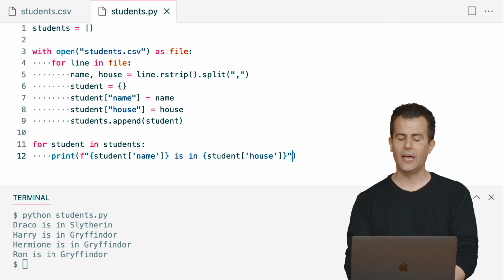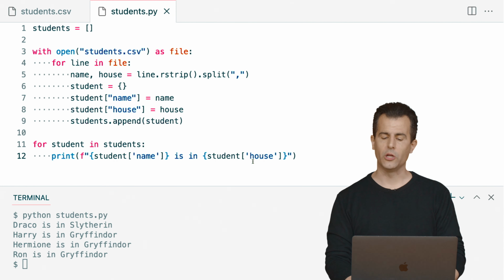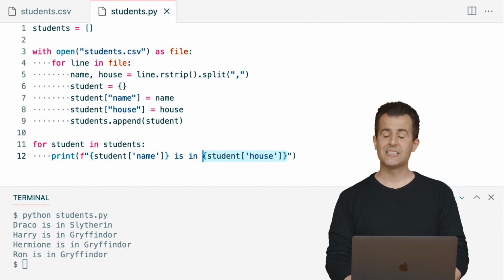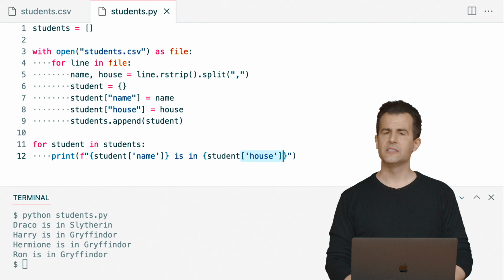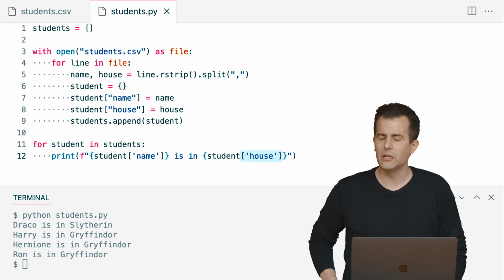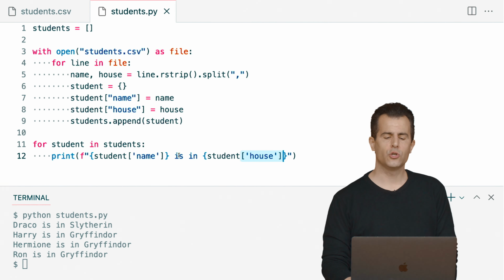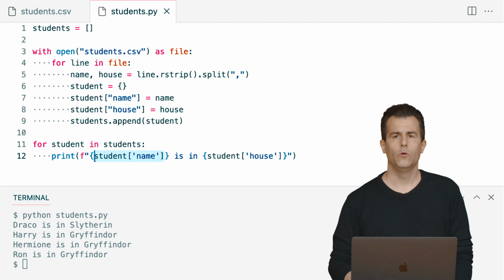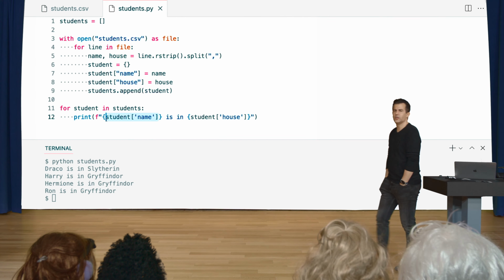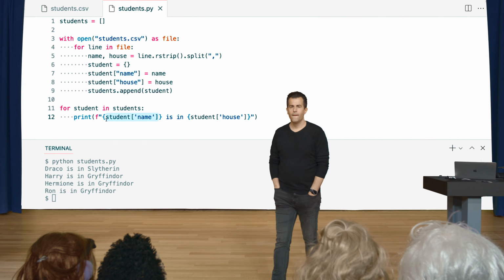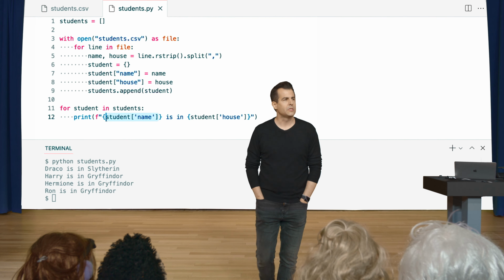And now notice one detail. Inside of this F string, I'm using my curly braces as always. I'm using inside of those curly braces the name of a variable as always. But then I'm using not bracket 0 or 1, because these are dictionaries now, not lists. But why am I using single quotes to surround house and to surround name? Why single quotes inside of this F string to access those keys? Yes, because you have double quotes in that line 12, and so you have to tell Python to